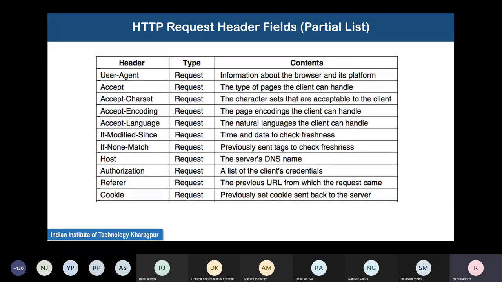There, the proxy server performs this caching. The basic usage of a proxy server is actually caching web pages. That was the classical use. However, they can also be used to implement filters and access control policies, as it is used in most places. IIT Kharagpur also uses it. So,